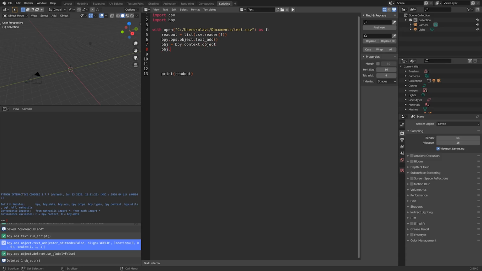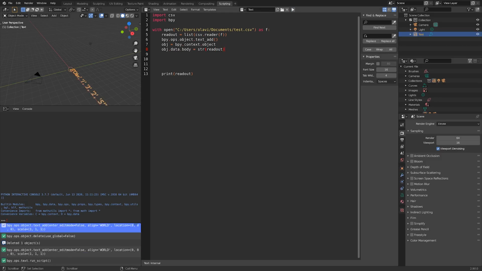And then next, obj.data.body equal to str, and then we're going to use the readout text. So we're going to change the text of the text object to the readout variable, which has the CSV data,